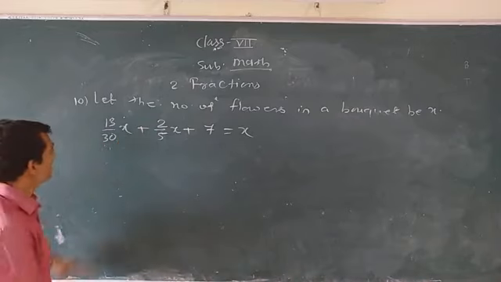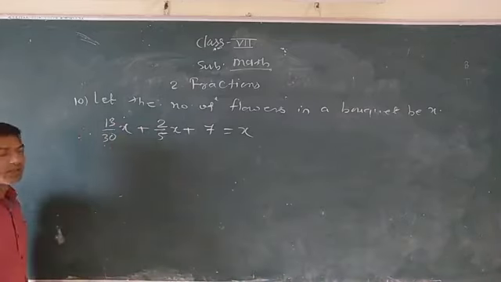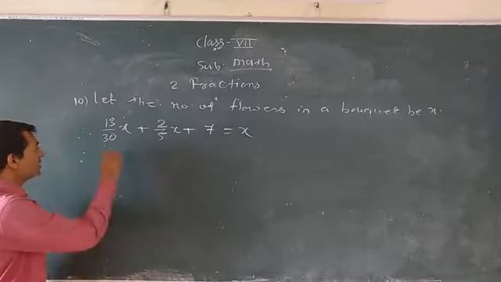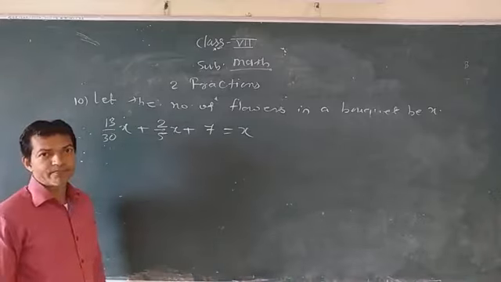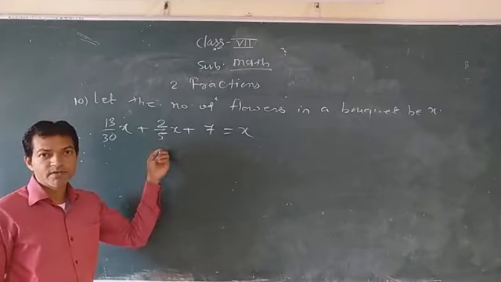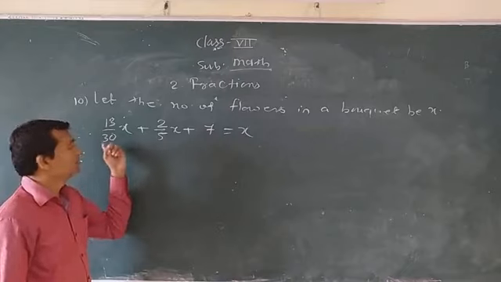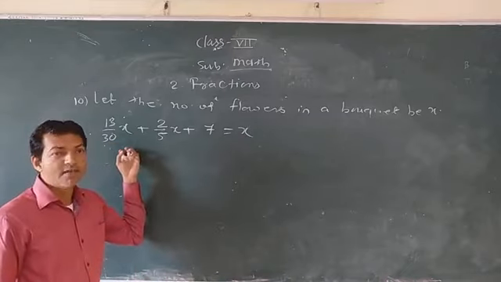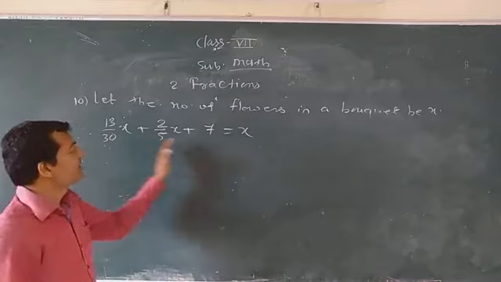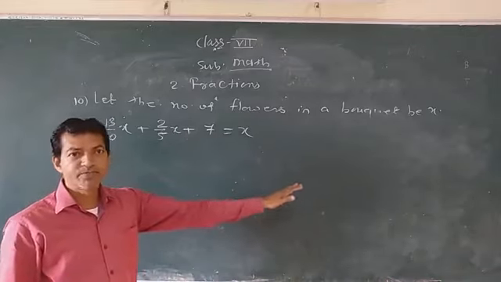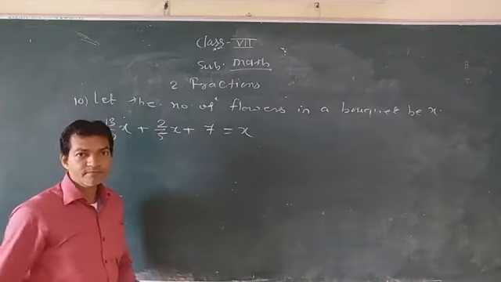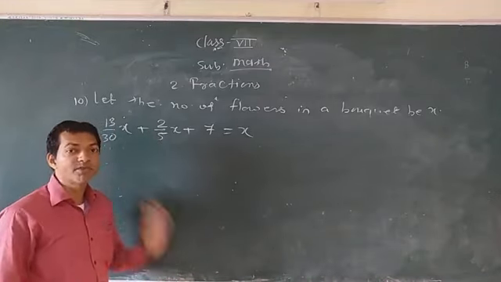Okay, so now see here, this is the equation. You have to solve this equation. You cannot simplify any one, so you have to remove this 30 and 5. So first you have to find the LCM of these two. If you find the LCM of these two, you get 30. So you have to multiply the whole equation by 30, then you can directly remove these denominators. So multiply by 30 here and also here, means you have to multiply on both sides.